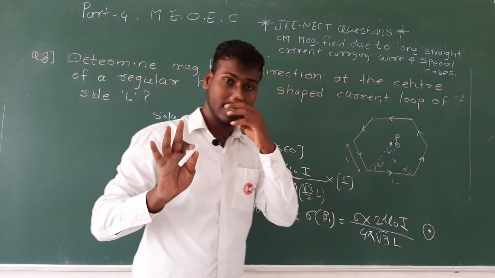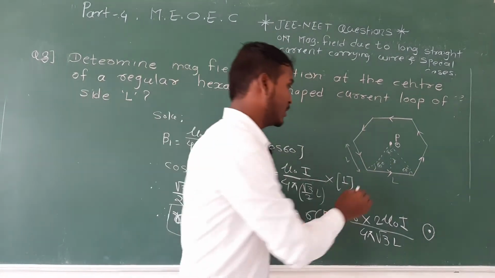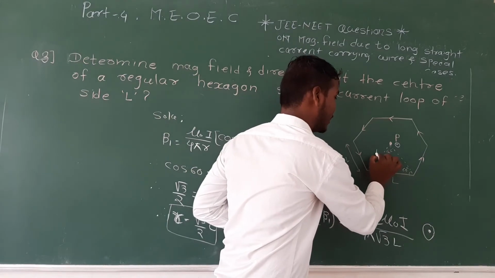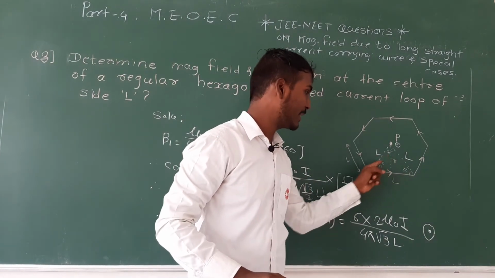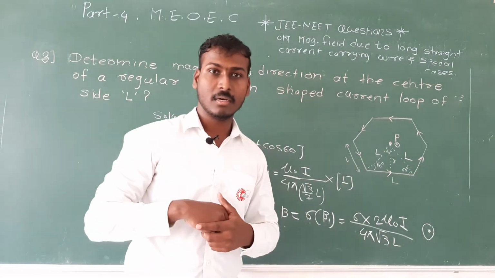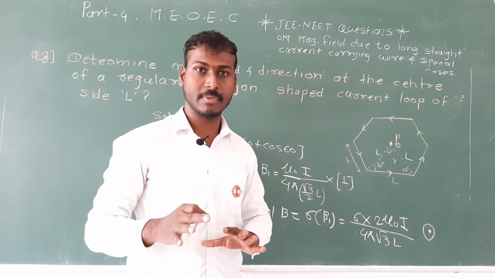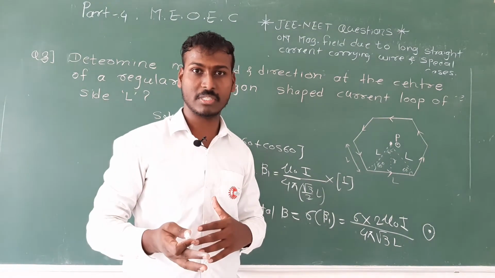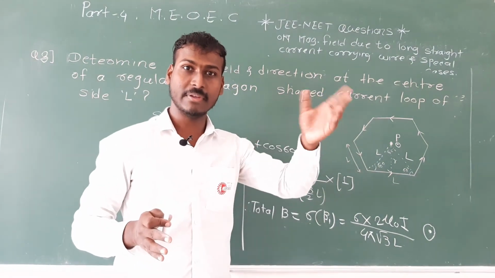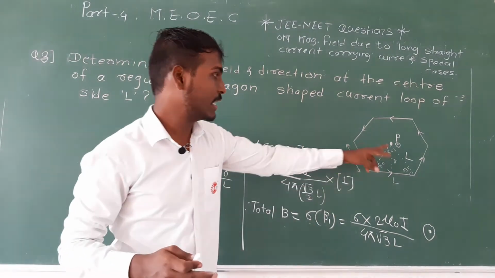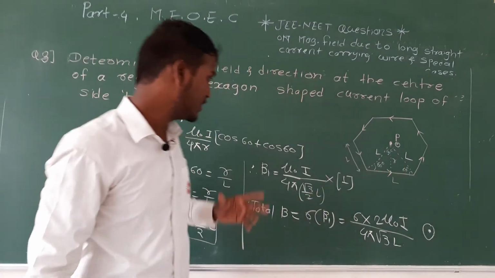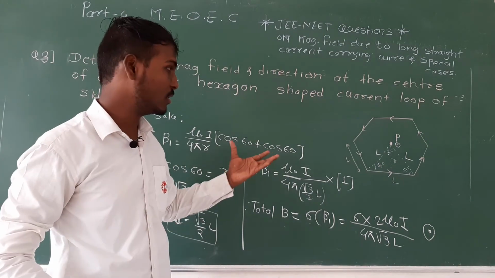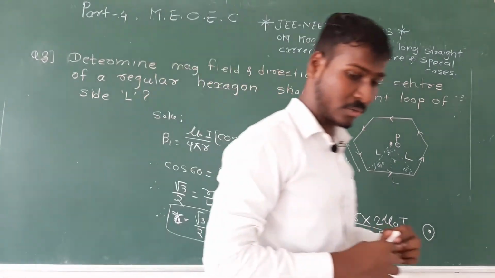See carefully, this is another mathematical thing. For a hexagon, this length will always be EL, and this will also be EL, because the angles are the same, so the side opposite to that angle will always be the same. If angles are the same, then sides will also be the same. You know that this is 7th-8th grade mathematics. So if you use your cos 60, it will be R divided by EL. So this is how we solve the questions. I hope you got this question also. Note it down.